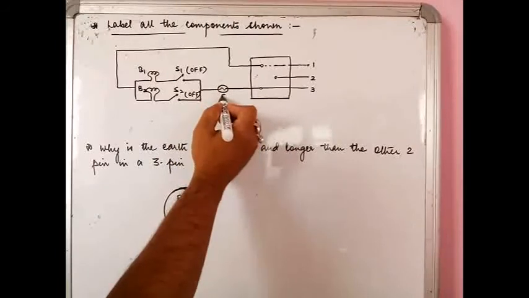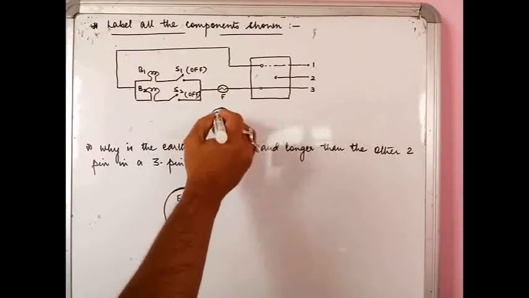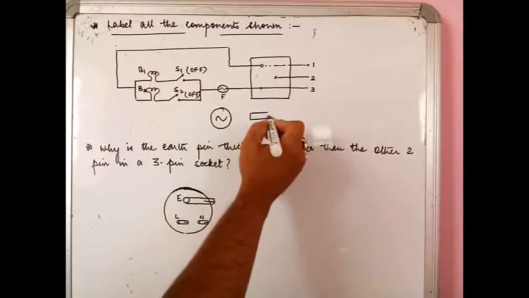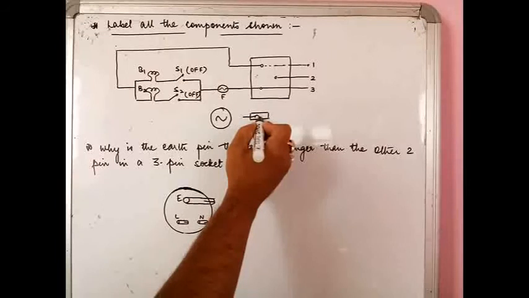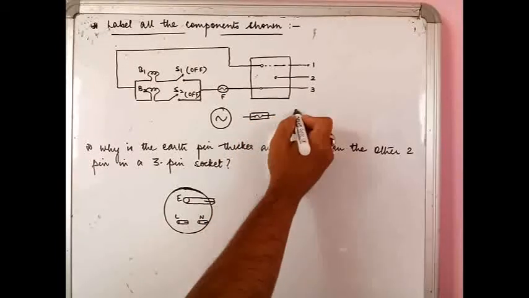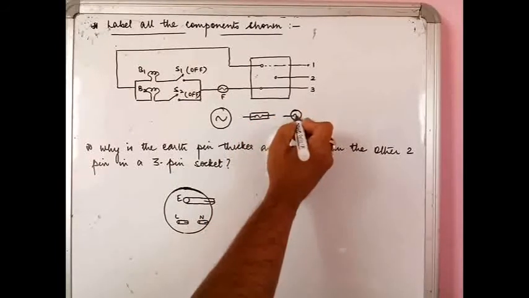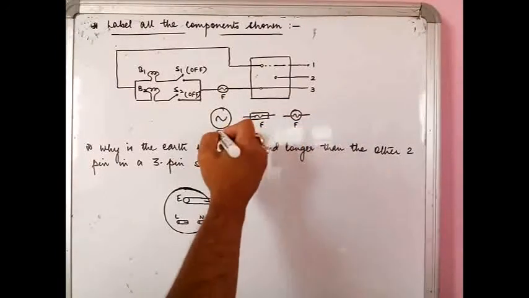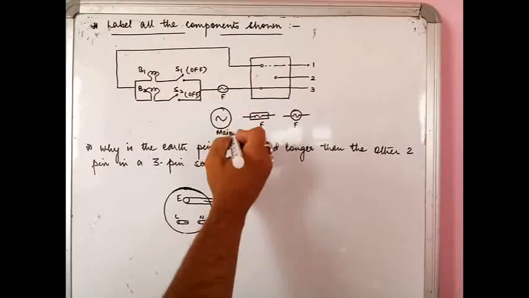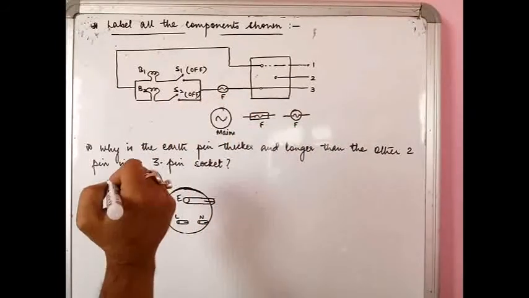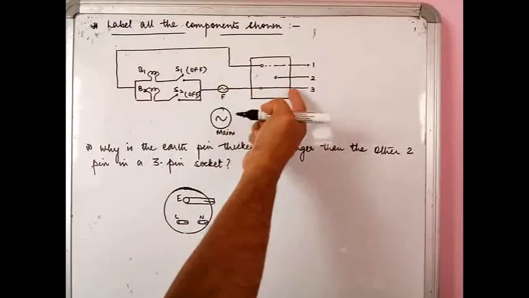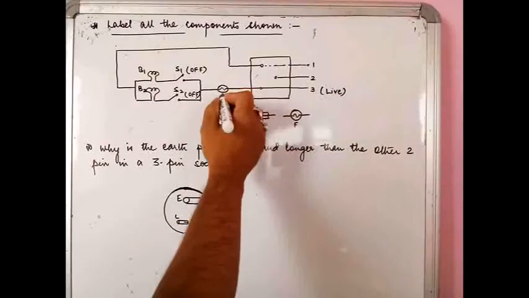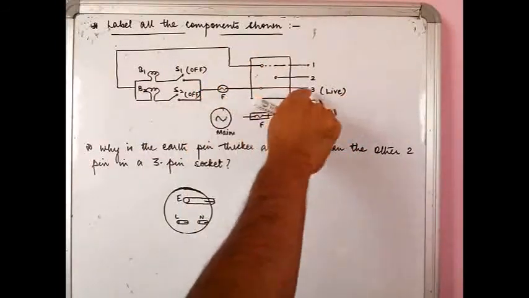this is the fuse. Remember, this symbol is for AC mains, as well as this, these are the symbols for fuse. This is the main supply and these are the fuses. So this is a fuse. Since this is a fuse, therefore this has to be the live wire, because we already know now that a fuse is always there in the live wire.